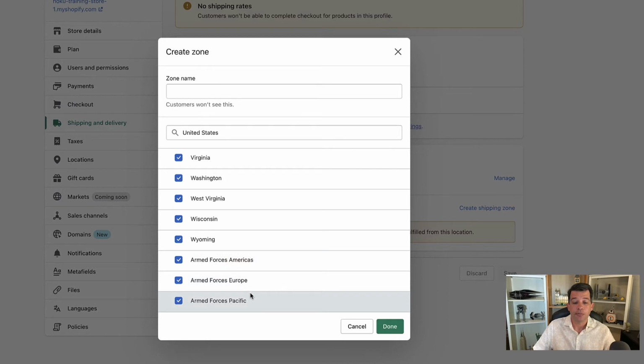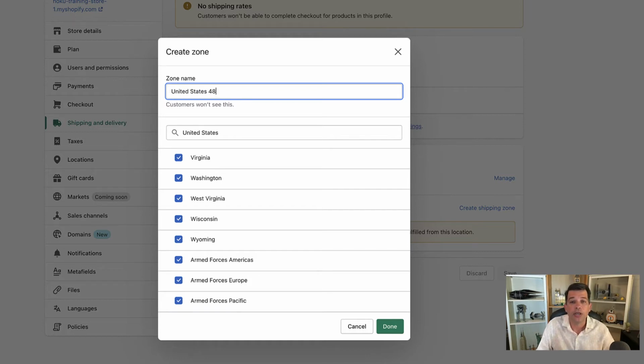That will cover you for the Americas, Europe, and Pacific. But let's say we want to set this up where we separate out just the continental United States, the contiguous 48 states, and we want to split out Alaska and Hawaii. Everything else for now, let's put on the side just so I can show you how we can create some different zones. So let's call this first zone United States